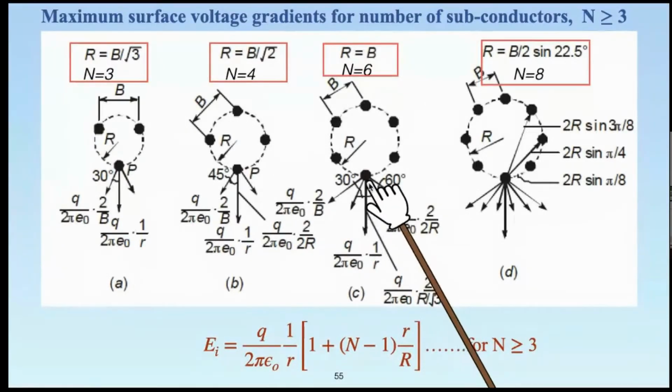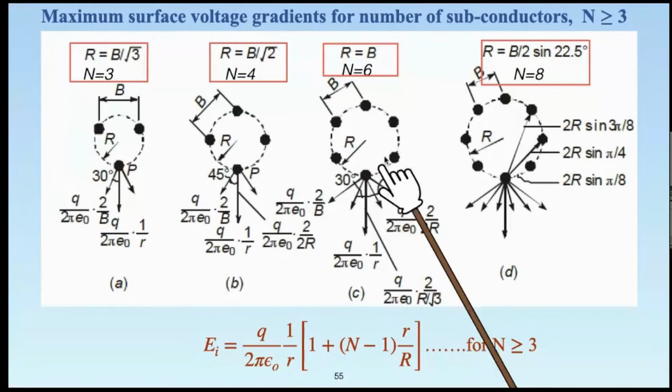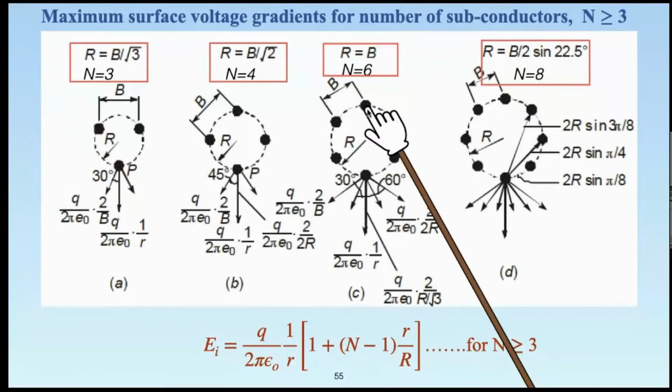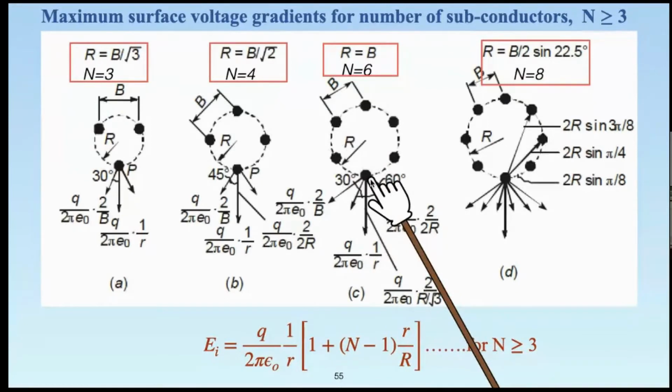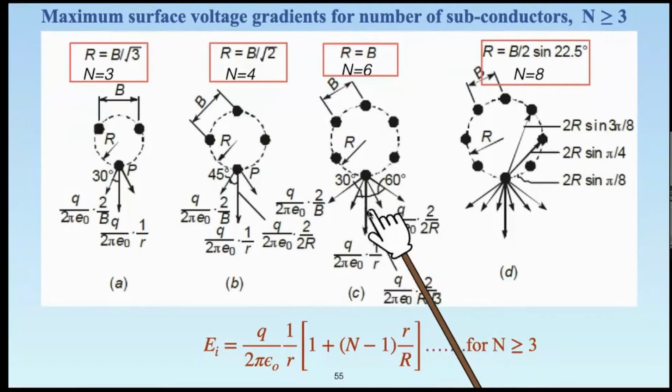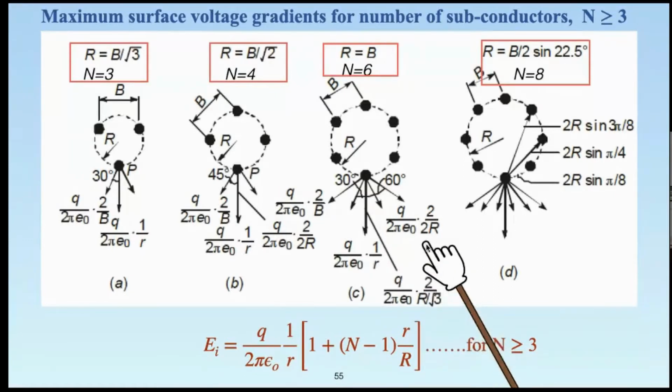Okay, one due to the bottom conductor itself, and the other due to the other conductor at the top. So 6 subconductors are there. That's why any point that is kept on the surface of a conductor will experience 6 forces. So 1, 2, 3, 4, and 2 in the center. Again, they can be written with the standard notation, substituted, and then added in order to minimize the equation in this nature again.